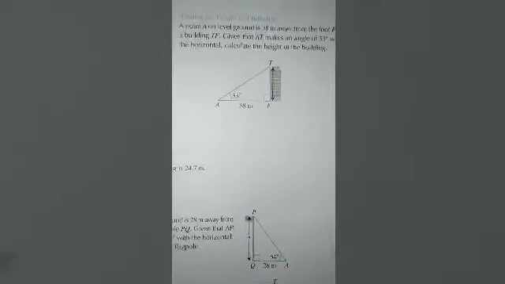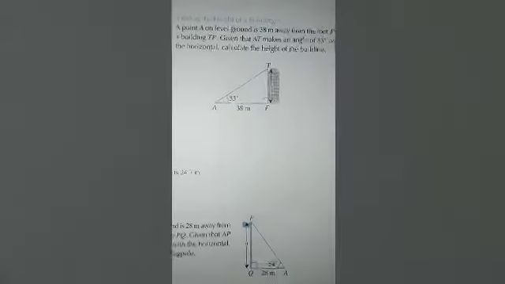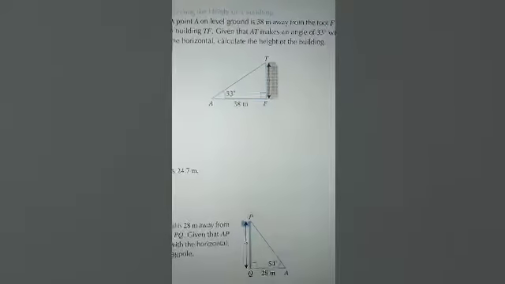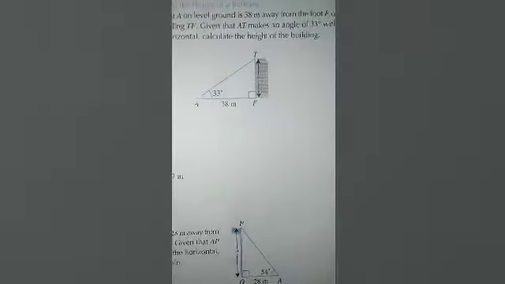Yes please, this is example number 8, as you can see, and it is a type of word problem. From the book I'm giving you because it's an example. They are saying a point A on the level ground is 38 meters away from the foot F of a building TF, which means the distance between A and F is 38 meters. Given that AT makes an angle of 33 degrees with the horizontal, calculate the height